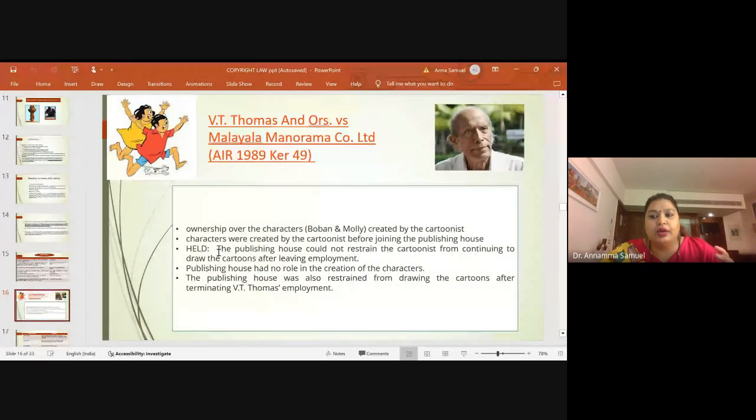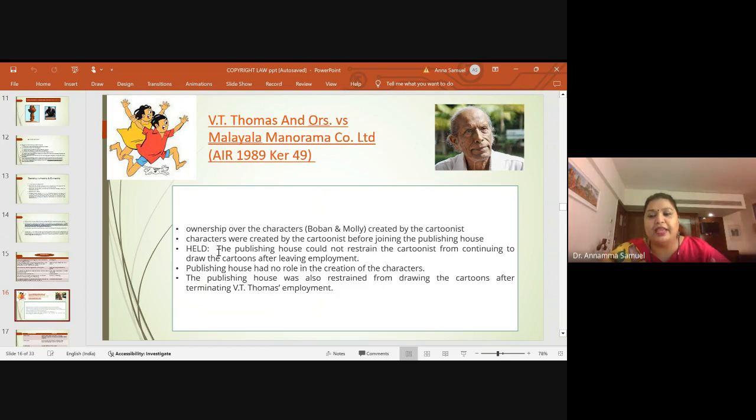I would like to tell you about this case, V.T. Thomas versus Malayalam Manorama. So you can see it's a 1989 case. Here V.T. Thomas was a cartoonist, and before joining Malayalam Manorama, which is a very prominent daily in Kerala, he had developed these characters, Bobbin and Molly, and these are the two characters he has said